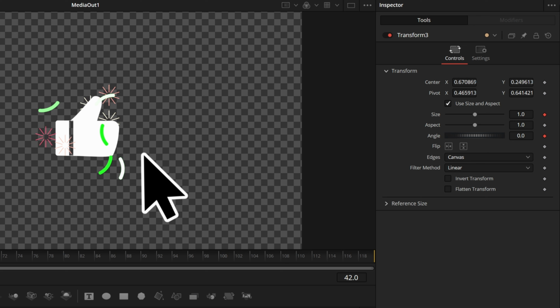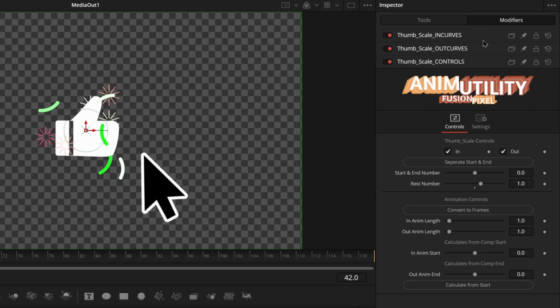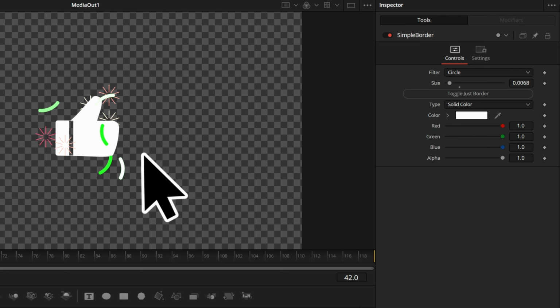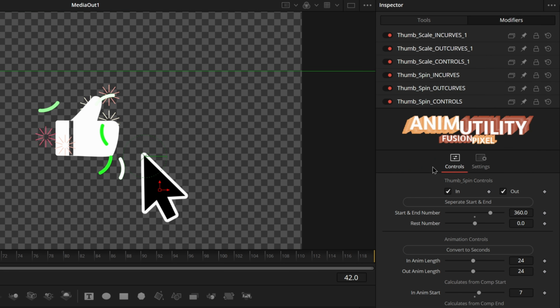Let's go ahead and start adjusting these timings because I feel like the timings are a little bit too long. So let's convert this back into seconds, and let's actually change from length of 24. Let's only change this to be maybe 12 for half of a second for both of these. And we're also going to do that same time change for our transform 3 here for our thumbnail, or